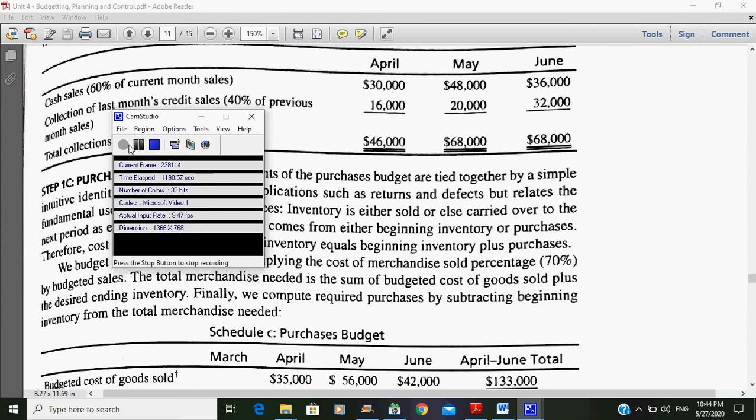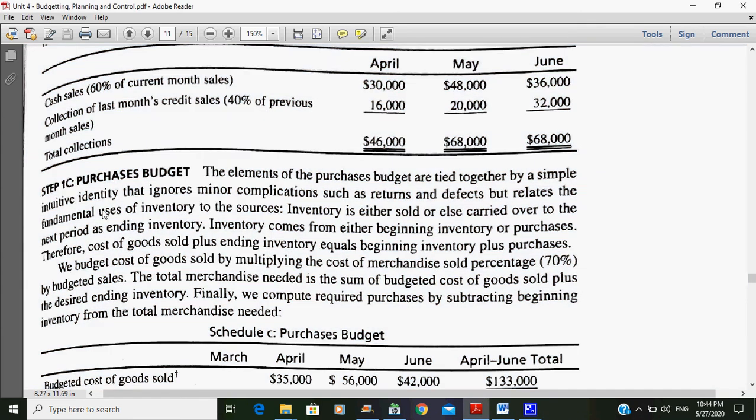Now we'll look at purchase budget. Elements of purchase budget are tied together by a simple, intuitive identity that ignores minor complications such as returns and defects, but relays the fundamental uses of inventory